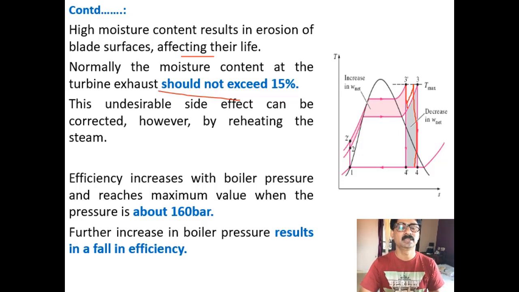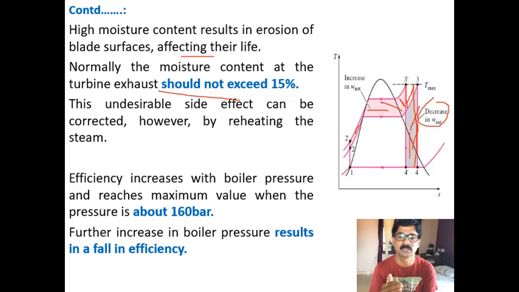The efficiency increases. Now what happens is, here you see, when you increase the boiler pressure, there is an increase in area. You see this pink shaded region up to here, but there is a decrease in the W net. You can see here, the net increase is the difference of these two areas. As long as the pink area is more and this dark shaded area, which is the decrease in net work, is less, if you increase the boiler pressure, the efficiency increases. But at one moment those two areas become equal, and there is no change in the net work output.